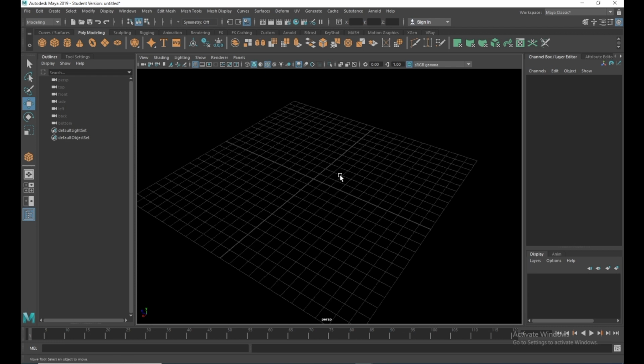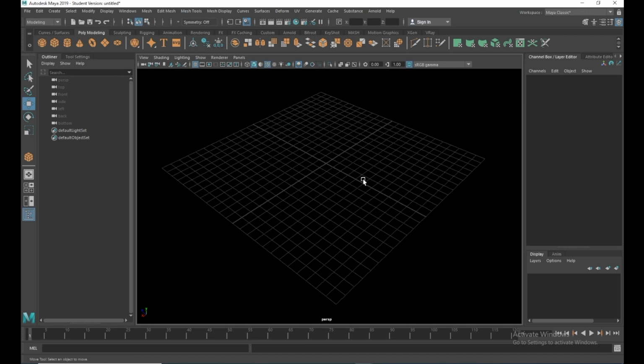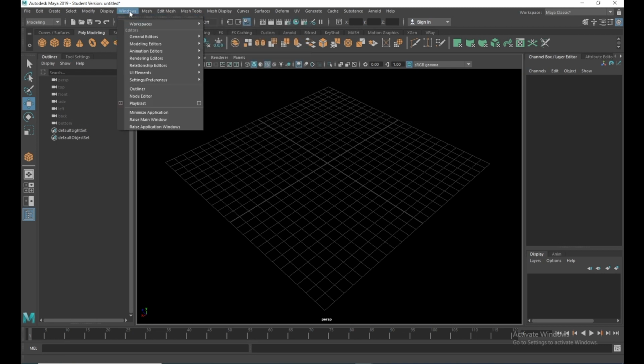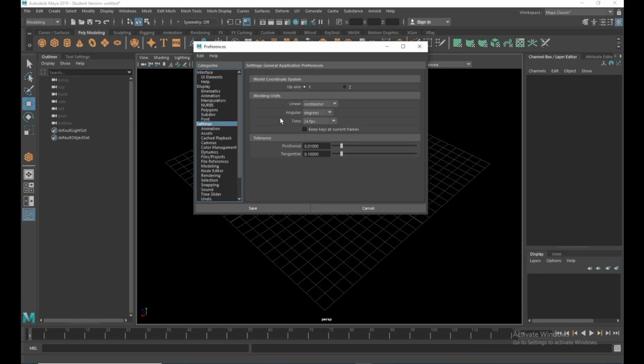So first things first, let's start by setting some of the preferences that I want you to have saved for our next tutorial. First thing we should do is to go to Windows, Setting Preferences, click on Settings, and as you can see you have your Y up. This is because Maya is meant for animation, but for modeling traditionally we use the Z as the up axis, so press on Z. Save this,